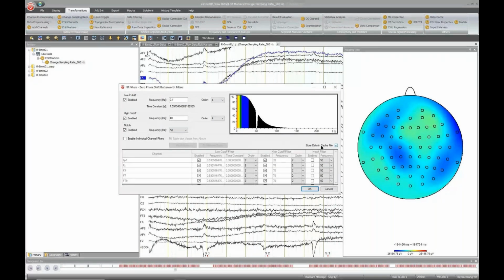But I would also like to draw your attention to this option here, which says store data in cache file. And that means that after filtering, the outputs of the filter will be saved in the hard drive. And this will help us speed up the display of the filter and also the subsequent pre-processing that we will do. So if we do not choose it, then Analyzer will resort to on-demand processing. So every time the filter node is called, the filters will be recalculated, which will slow down subsequent processes. So I can now choose to use it, and I will go into OK,